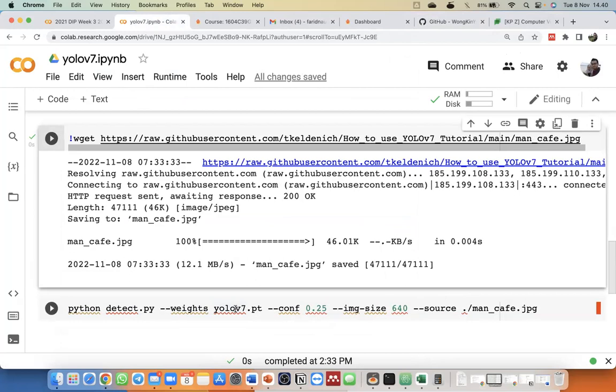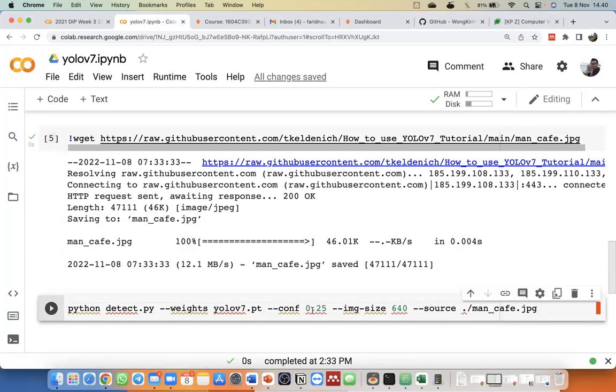Nah, ini weights-nya kita bisa ganti, detect. Ini kita hapus saja. Image size-nya sama conf-nya ini kita hapus saja, nggak apa-apa. Weights-nya ini kita gunakan yang sudah kita download tadi, YOLOv7-e6e.pt.